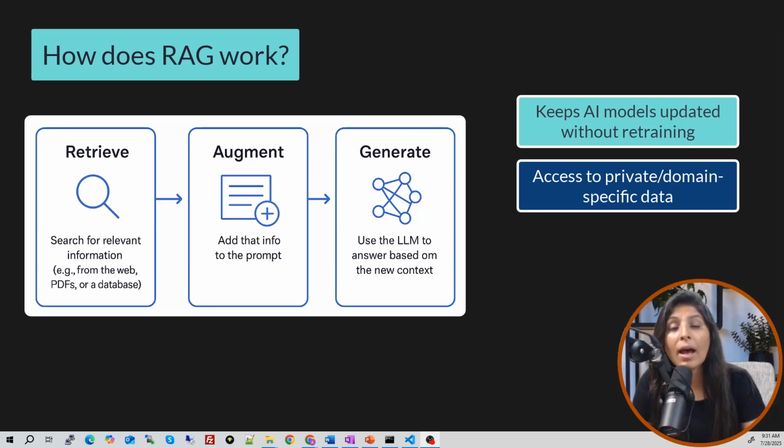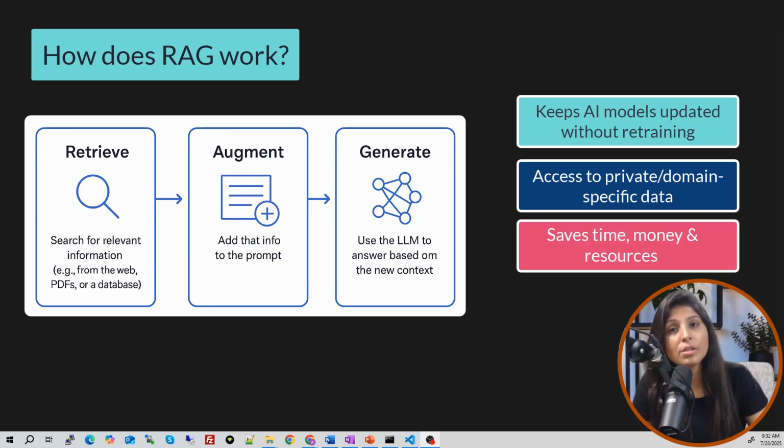LLMs don't have answers to that because they are not trained on that. So using RAG, you can provide data of your company to the LLM, then you can ask questions related to that, right? This is what domain specific and private data means. If you're using RAG, there is no need to retrain your model, which saves time, money and resources. So RAG makes our application smarter because now it has access to real-time information.